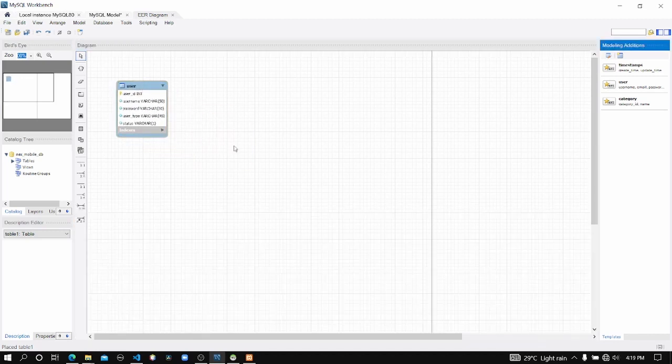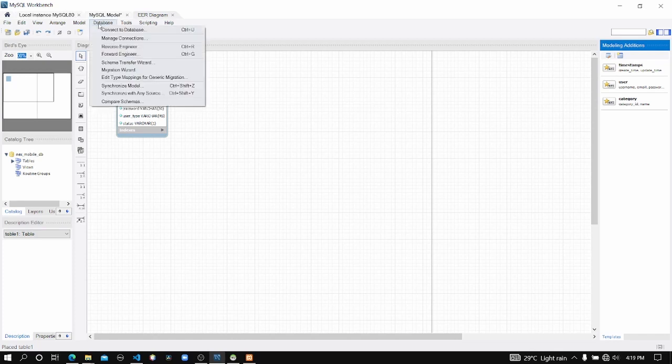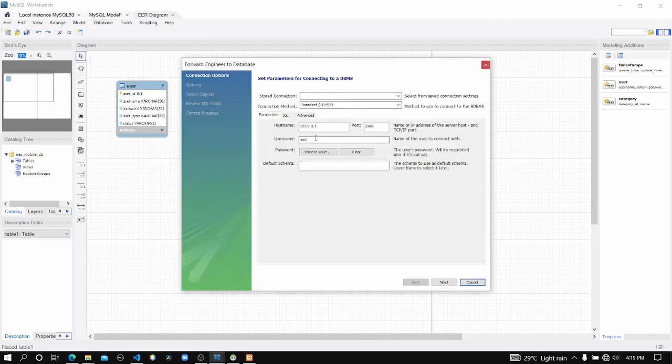Actually, we didn't create our table yet. We just completed our ER diagram. We have to create the database and the table by using this ER diagram. You can do this by clicking on the database tab and then forward engineer. You can see here's the pop-up window. We have to enter our credentials to access our database. You can see we have to give it the root access to our MySQL server.